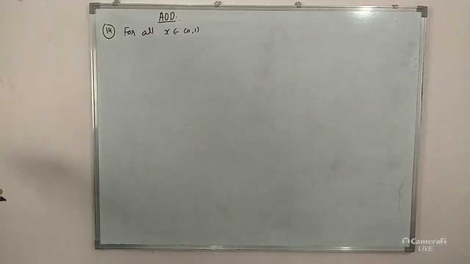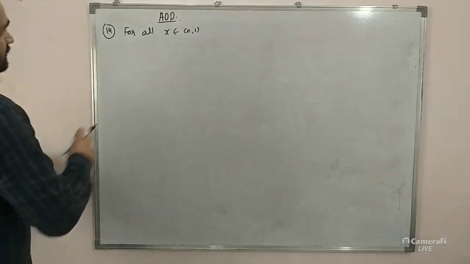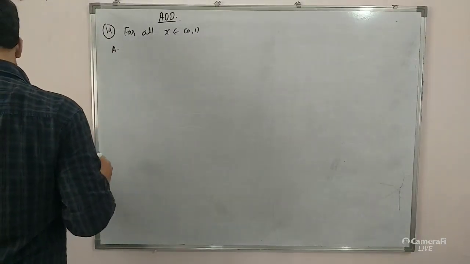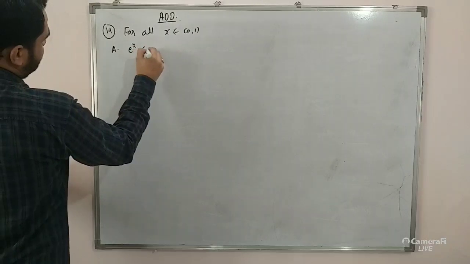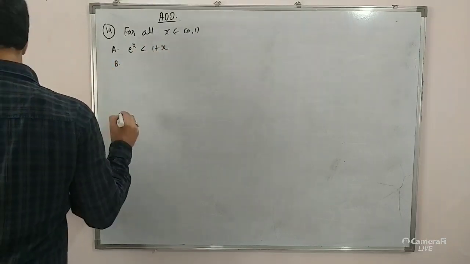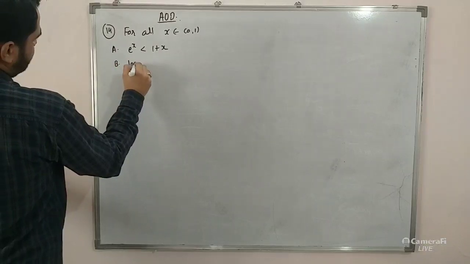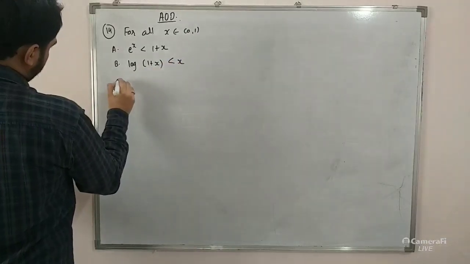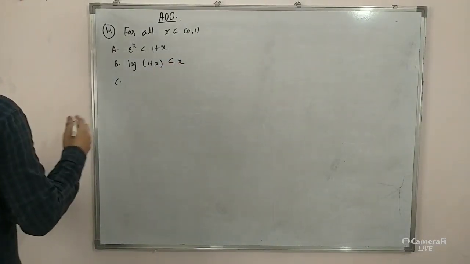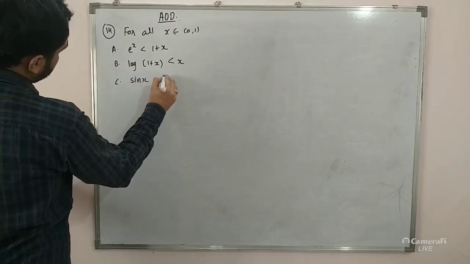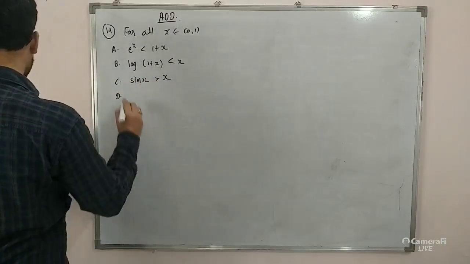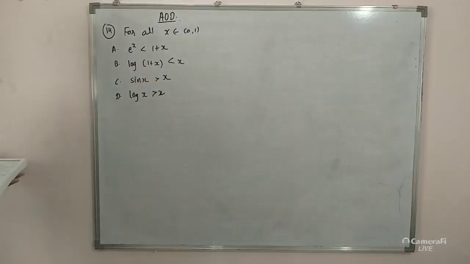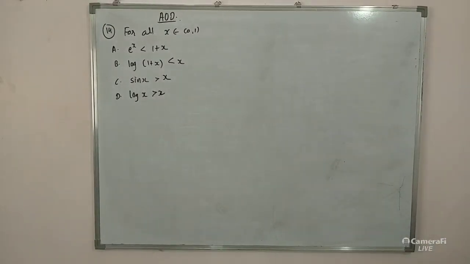x belongs to 0 to 1. It means x is lying in between 0 to 1. The options are given. A option is e raised to x is less than 1 plus x. B option is log 1 plus x is less than x. C option is sin x is greater than x. And D option is log x is greater than x, right? Log x is greater than x. Okay, so